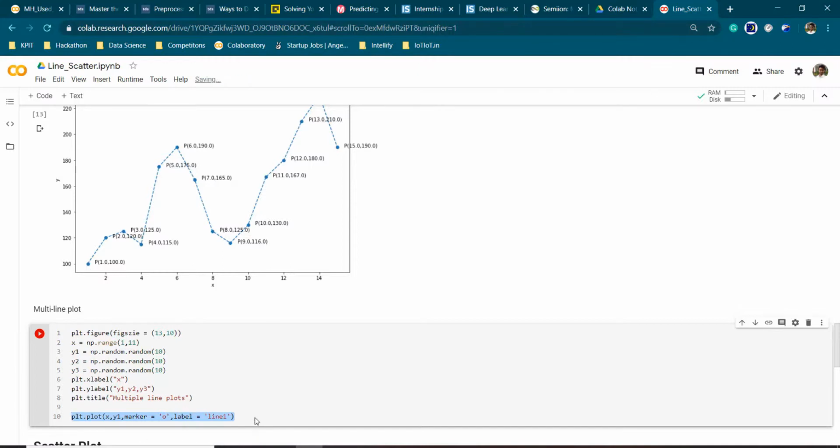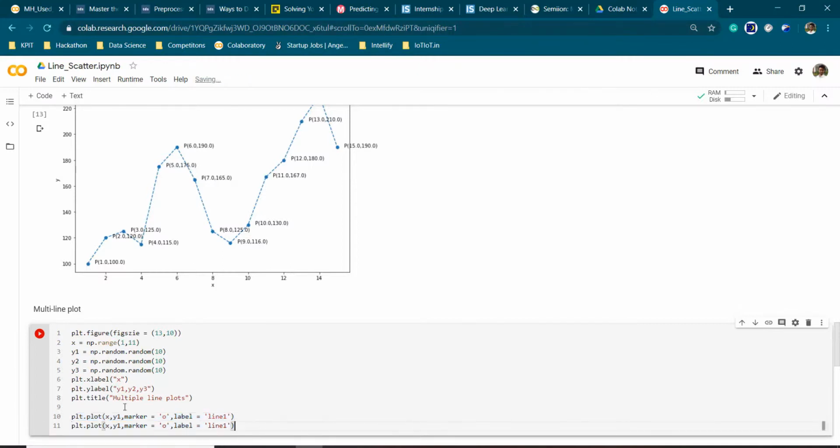So similarly we are going to use this one again. Now for y2 we are going to have a different marker this time. And this will be our line 2. Then again for our line 3, that is y3, we are going to have a marker caret.